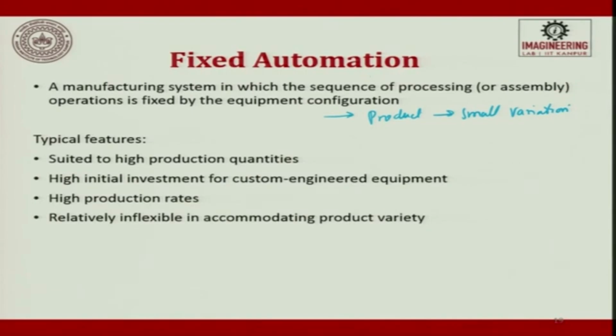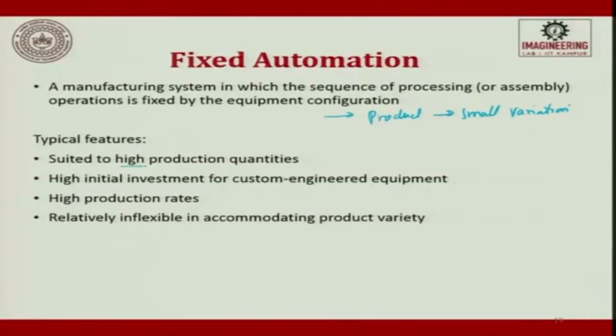In fixed automation, we predominantly use mechanical systems like cams, springs, and levers. All those things in fixed automation. Here it is typically suited for very high production quantities. So, there is no change. For example, nail manufacturing: the wire has to be chopped, then offset forging has to be done.